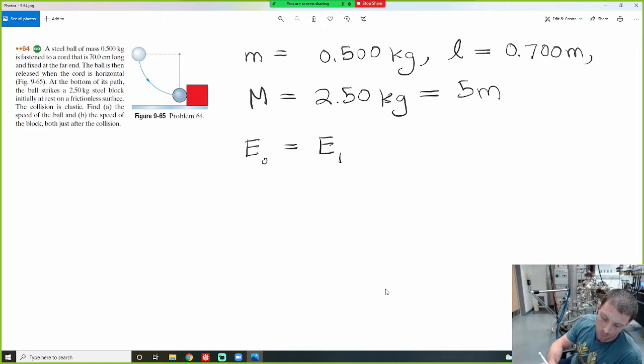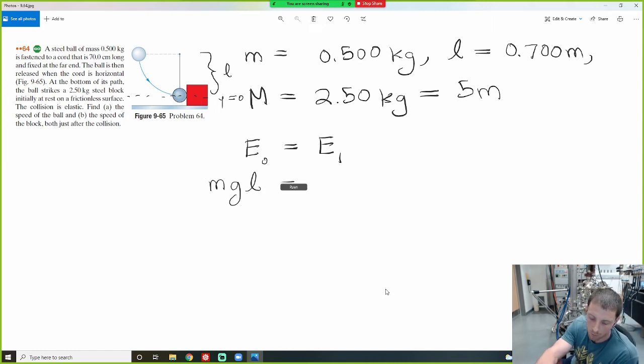And if this is L, and we define our y equals 0 to be about here, which is perfectly fine. Of course, remember, we can always decide to do that wherever we want for gravitational potential energy. What we have is that the initial mechanical energy of the system is just mgL, right? And then since we're thinking about right before the ball collides with the block, the only mechanical energy at